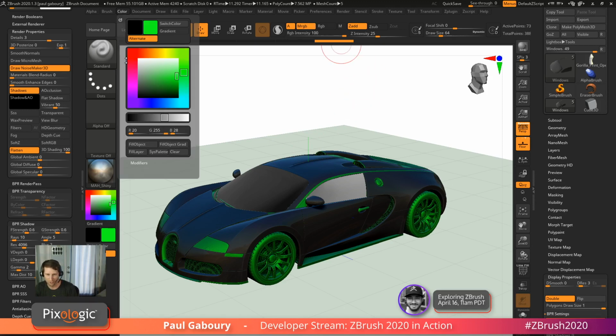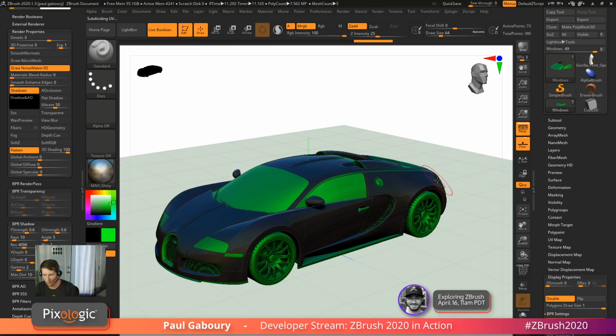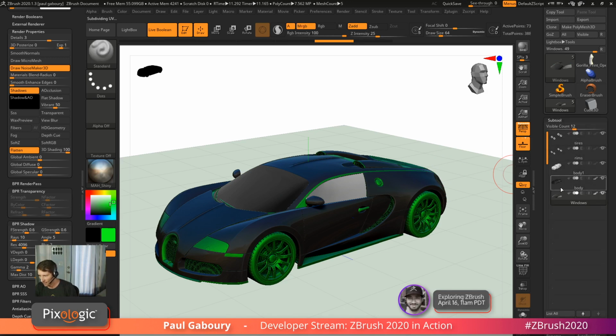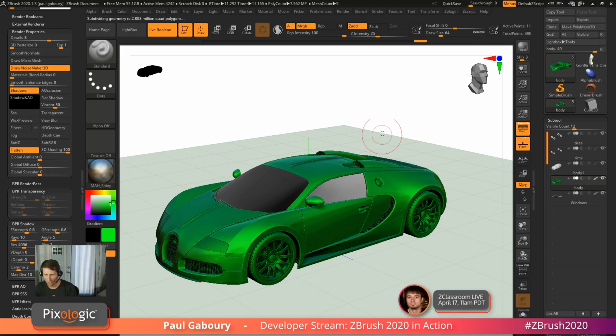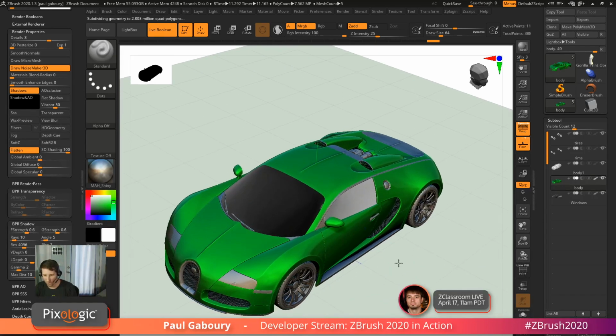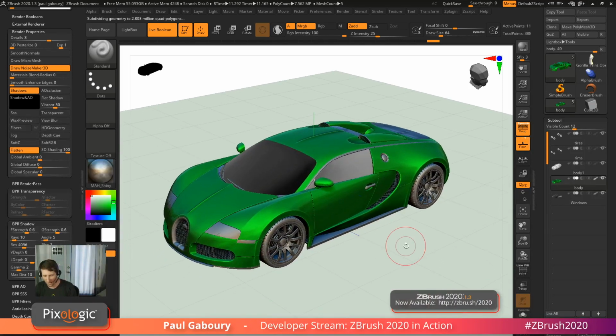So color, fill object. Well, I'm on the windows right now. Let's click on the car. Color, fill object. So now this car is like a crazy green, and then the windows are a different material,